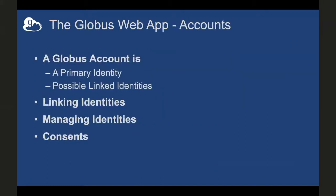All right, so that's the server side or the client side stuff, the thing that runs on the service. Let's talk about accounts, your identities. This is where what I mentioned about not needing to think about new passwords and identities comes in. So Globus has a concept of an account as being linking of your existing accounts. So you have a primary identity, say for example, mine might be RP Wagner at UChicago, but then I've got these other